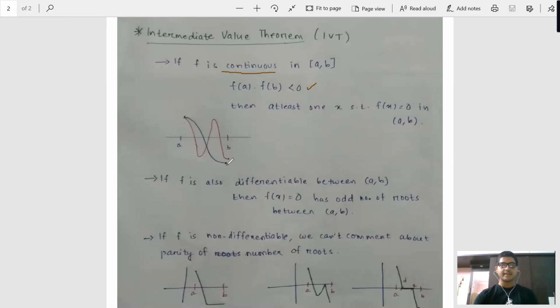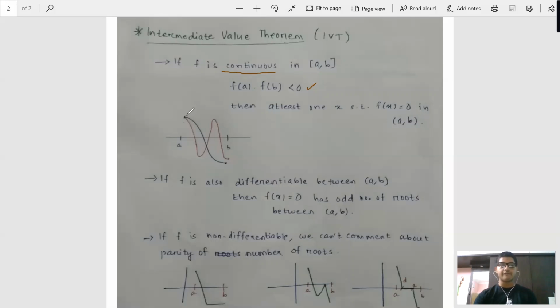At b also you can see whatever the value of the function is at b, it is also the same at b minus, so it is going to be left-hand continuous. Thus, and it is continuous in between for any c belongs to a to b. Therefore, this function f is continuous in closed [a, b]. That should be verified first of all.